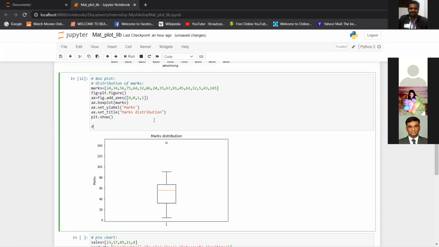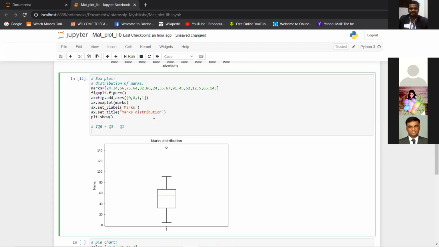If I simply put it, IQR is Q3 minus Q1, and the last line in the box plot, the max, is equal to Q3 plus 1.5 times the interquartile range.